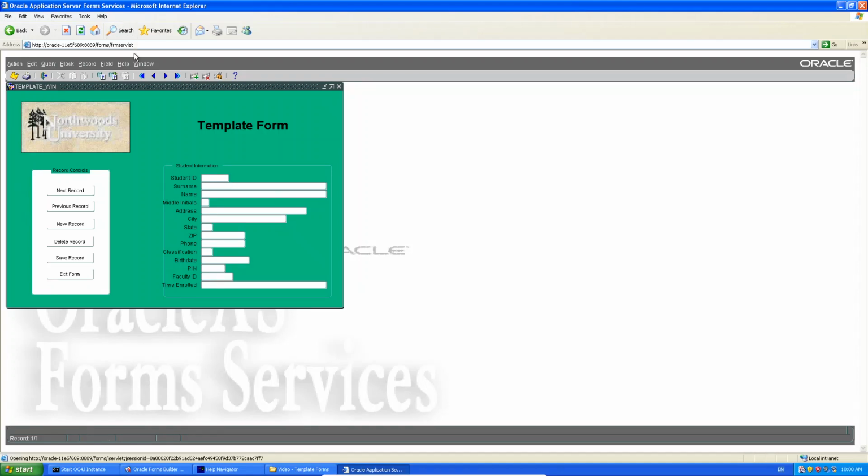Okay, so let's try again now. If I populate this with data, look at what happens now. I'm actually able to use these buttons